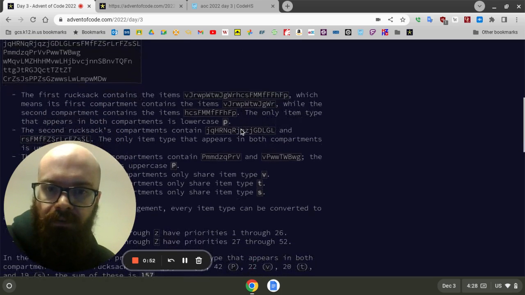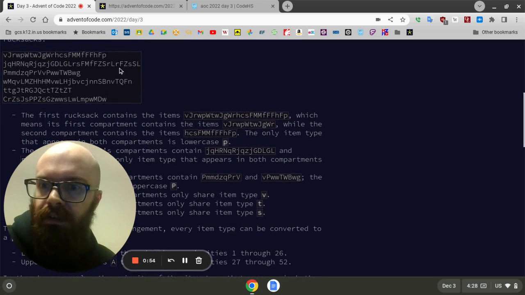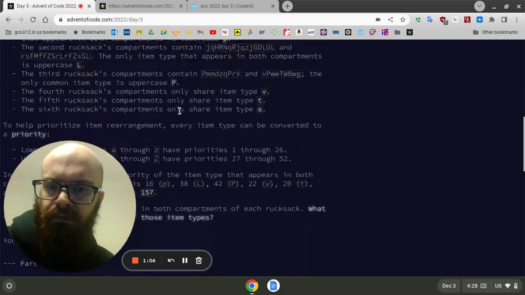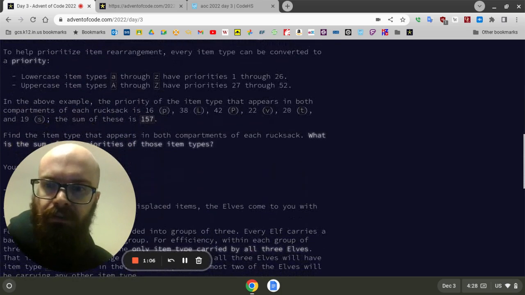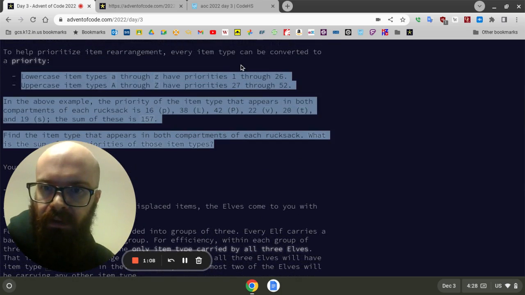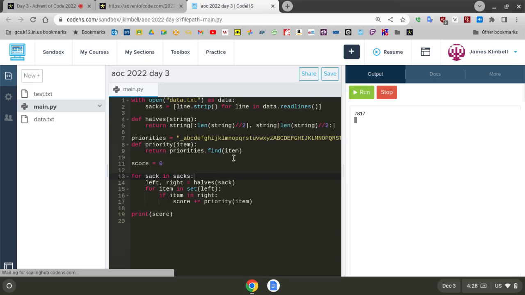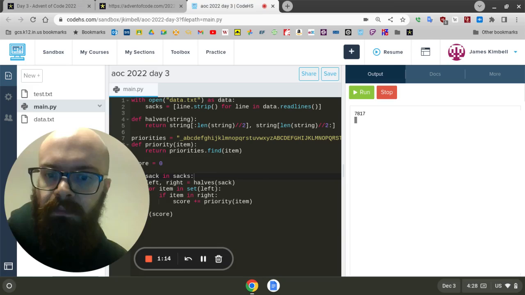So we're looking for those, which are like the errors. You know, this has two F's in a row, that's fine, but it has a P, and then on the other side it has a lowercase p, and that's the problem. So we're going to find those, and then it's got a little scoring system for how they get turned into integers. So what I did for that, and this is not the most optimal way, but it's just a nice,